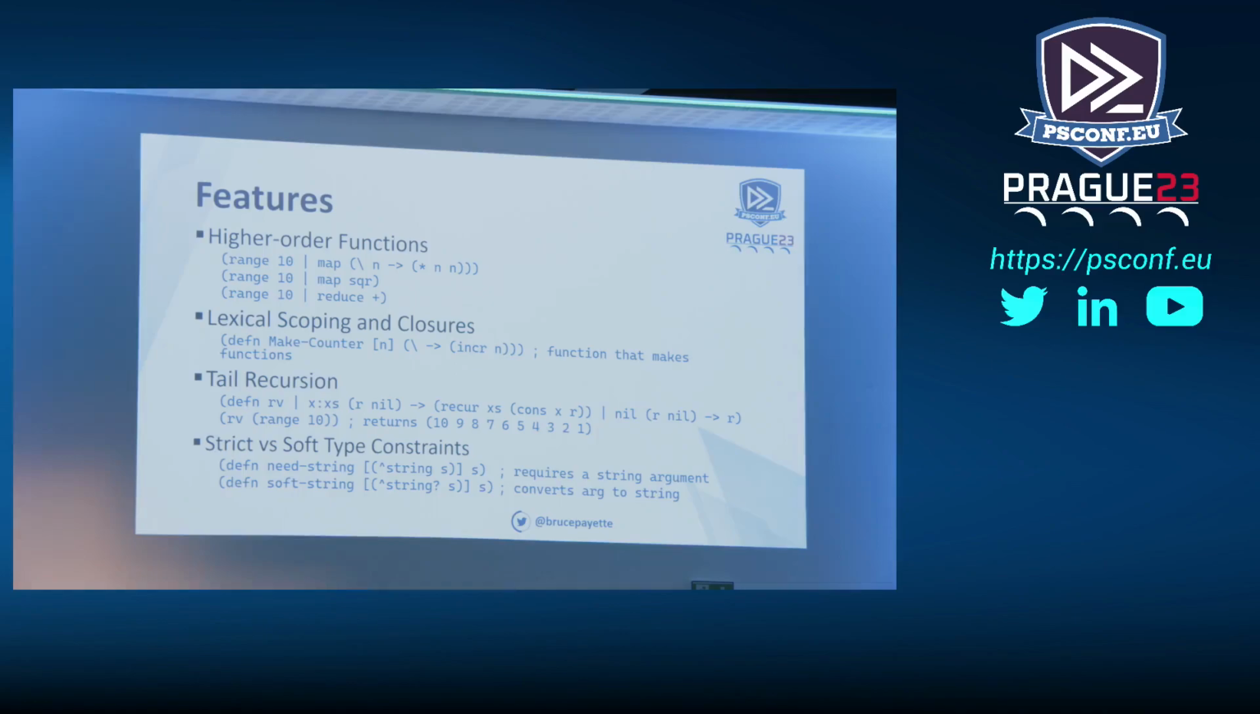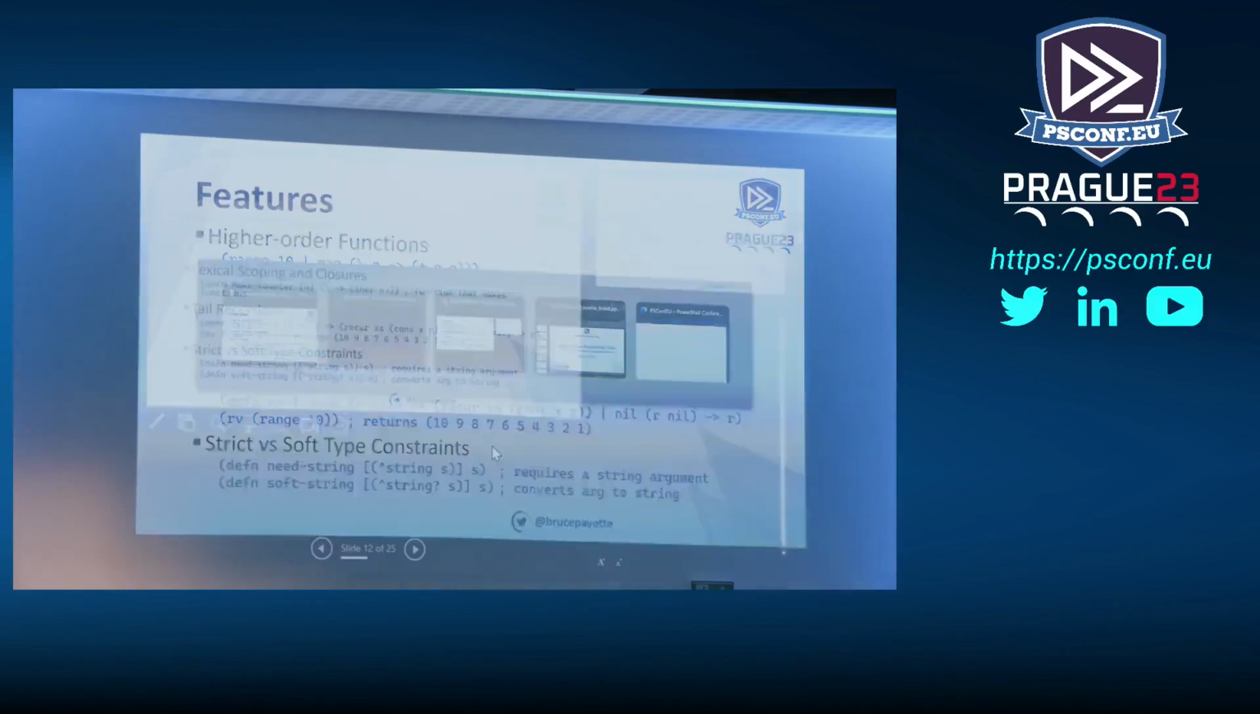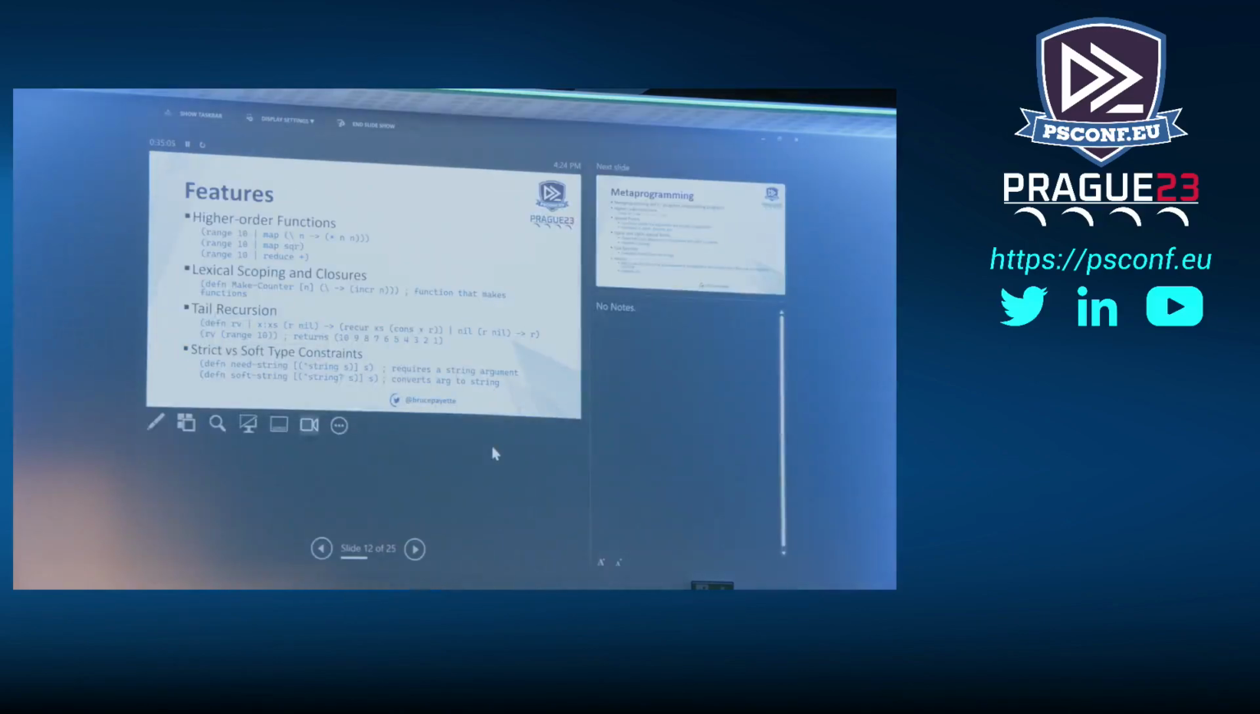Tail recursion. So PowerShell is not tail recursive. Tail recursion is, if you call a function recursively, it puts a new entry on the stack. And so after a while, you run out of stack. Tail recursion unwinds the stack to the previous level and then calls the function again. And this has the advantage of allowing you to do arbitrary